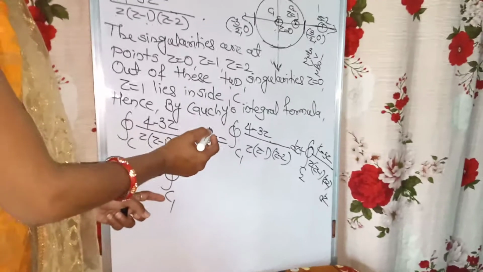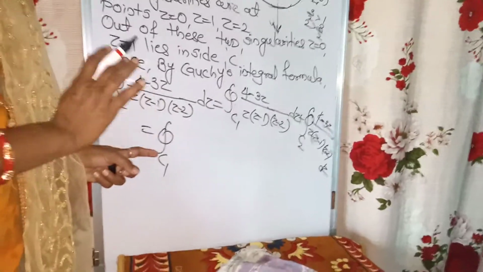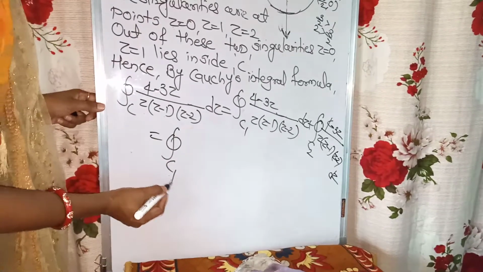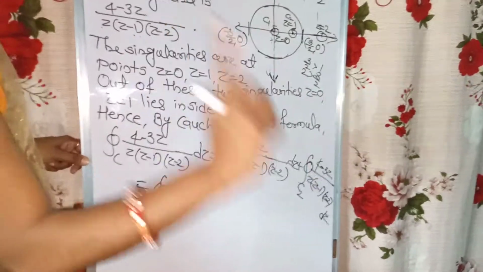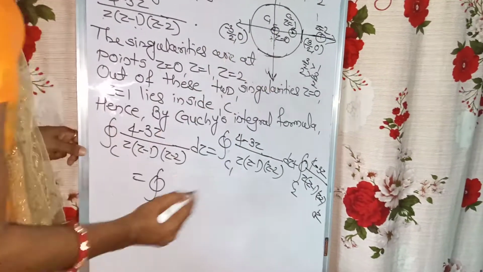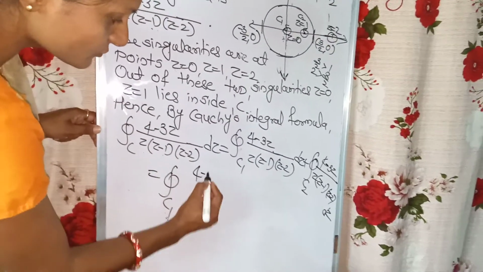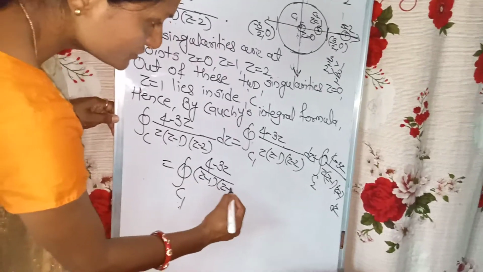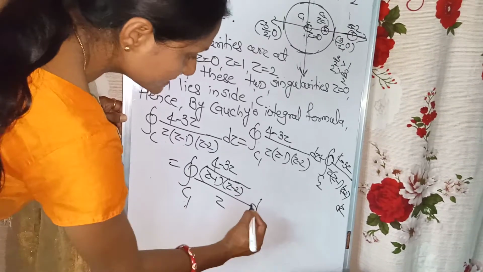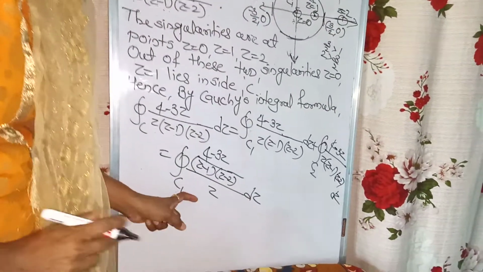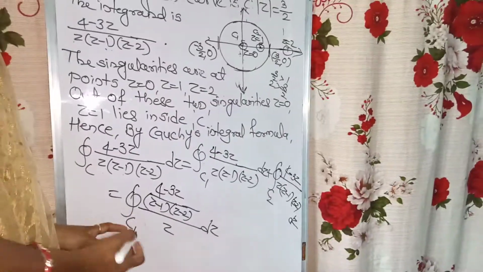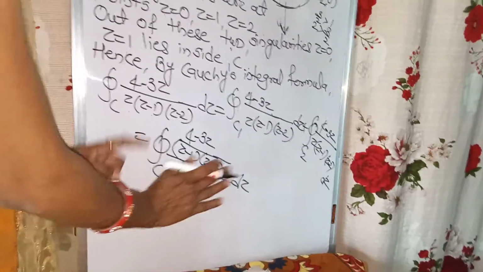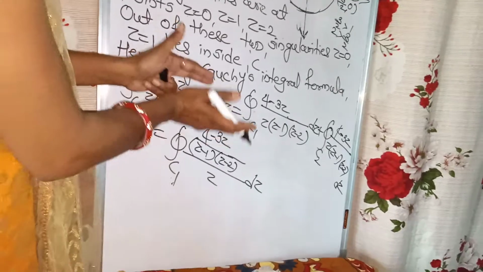Within Cauchy's integral formula, observe that within the simply connected domain there should not be any singularity. Hence, within the curve C1 there is only one singular point, that is z equal to 0. Hence, I will rewrite this function as (4 minus 3z) by (z minus 1)(z minus 2), whole divided by z, dz. Observe this point carefully, what I have done. z equal to 0 is the singularity point along curve C1. So for z equal to 0, that point only I have left in the denominator. The rest of the values I have put in the numerator.